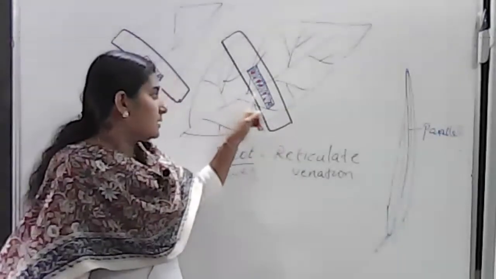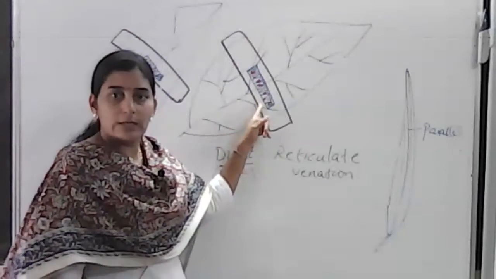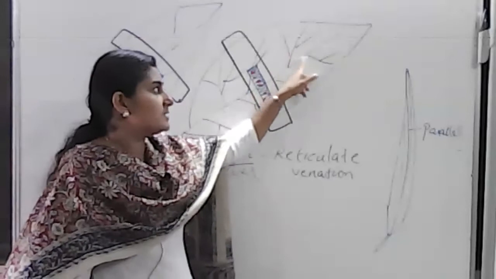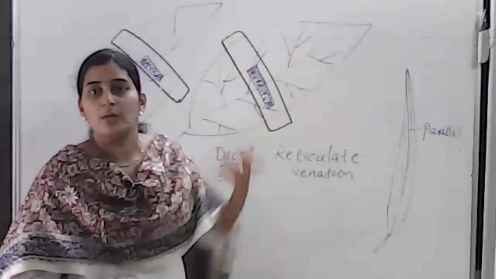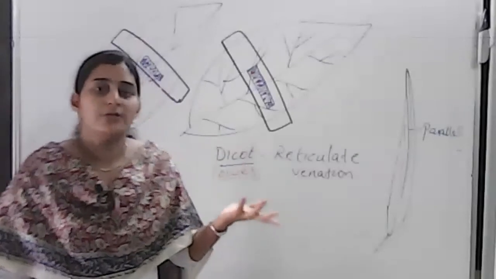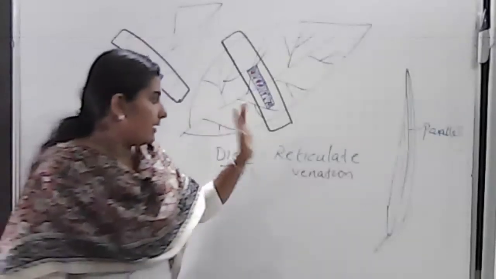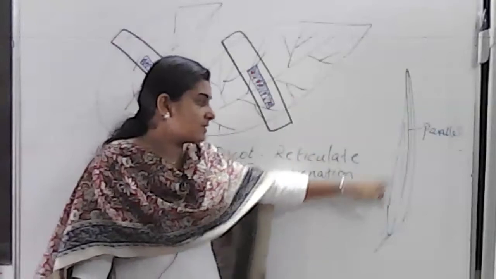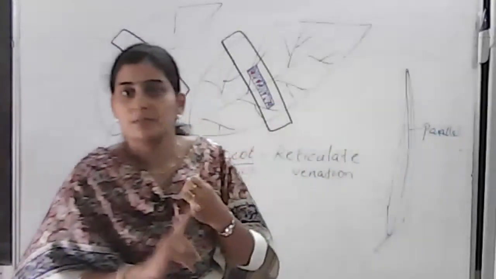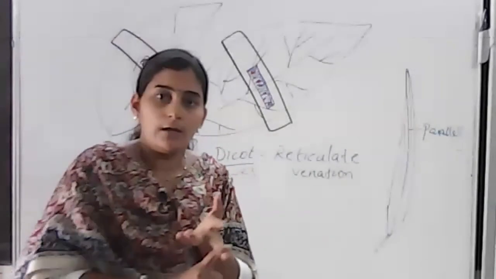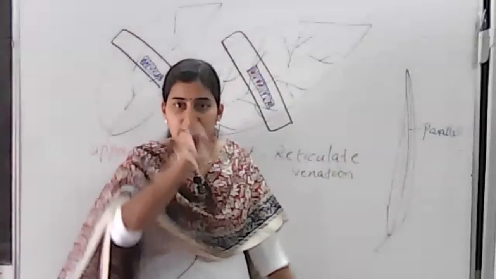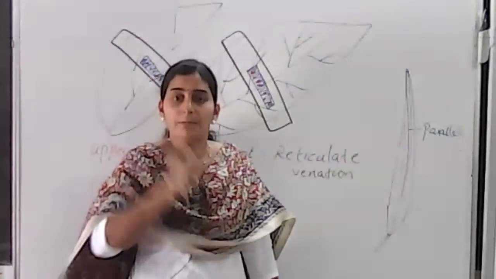One is the number of stomata, which will be more in a dicot leaf, and also the type of venation. Here you can see this type of venation, you call it reticulate venation. Most of the trees that you see around you have reticulate venation. Monocot plants will have parallel venation. In case of palms, arecanut, coconut, plantain, all of those have parallel venation. You can see the veins are seen parallel there.